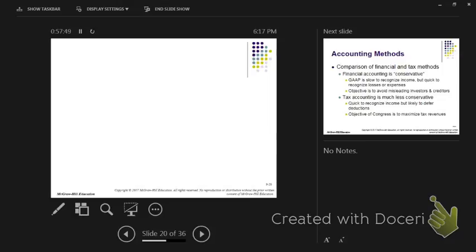So once we pick one, do we have to stick with it? Unless we get permission from the IRS, we have to keep our tax year. You can't just go in there and randomly start changing your tax year because you're going to have a mess with your taxes. If my tax year ends on March 31st and then I decide I want to change it